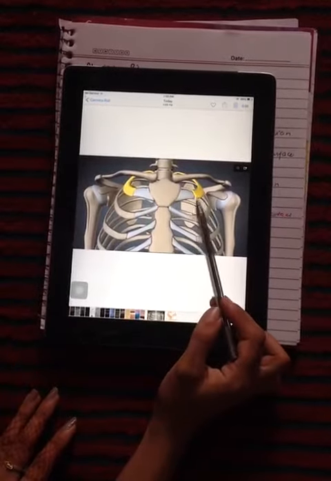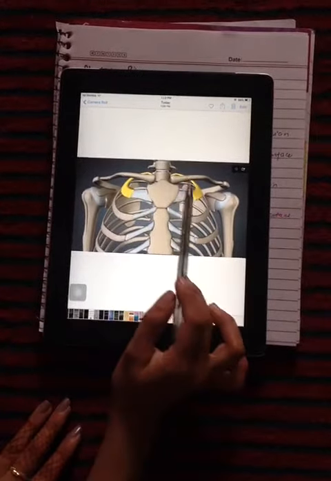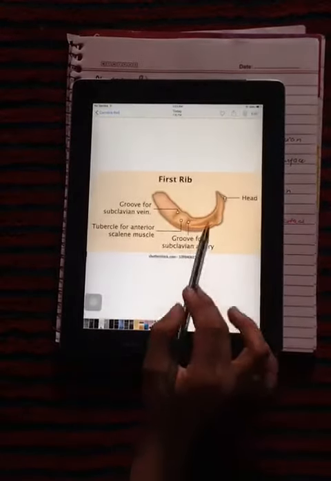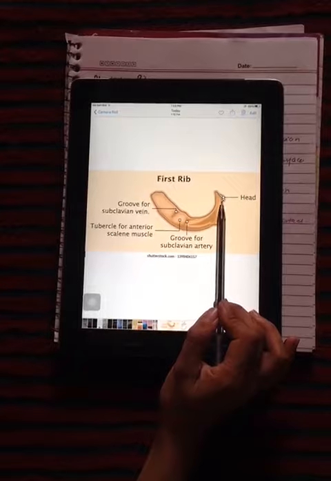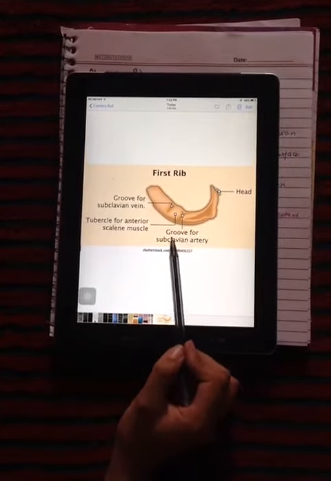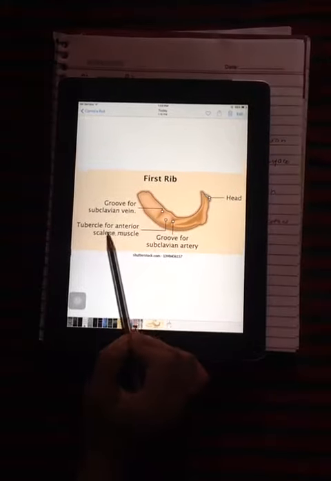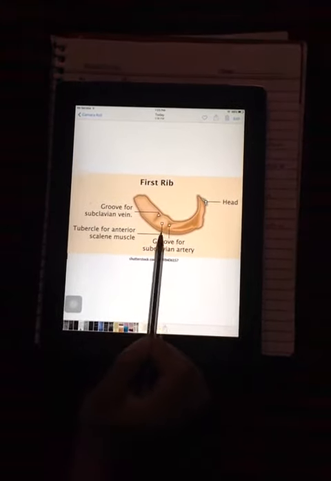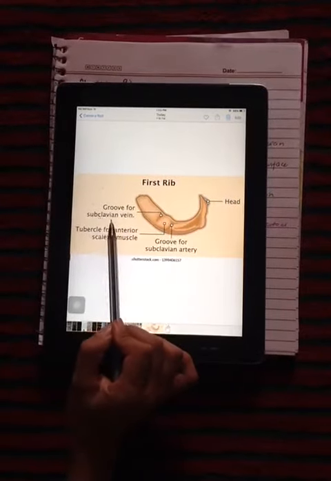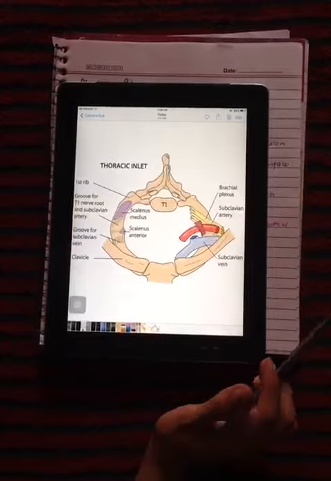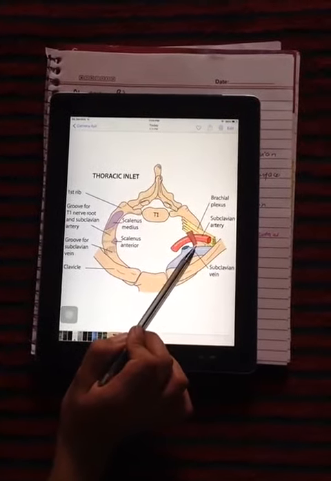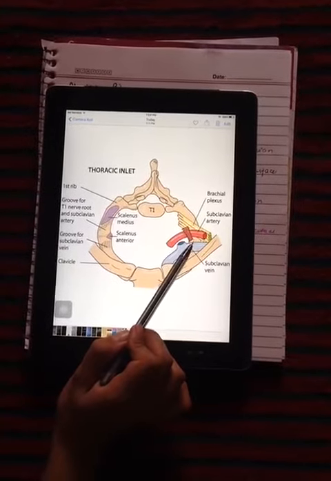This is the first rib. We can see that the first rib is shorter than all typical ribs. It has a head and one facet for its articulation. This point is the groove for the subclavian artery, and the tubercle for the scalenus anterior muscle, and this area is the groove for the subclavian vein. Now we can see that this is the scalenus anterior muscle, which is attached to the first rib at its